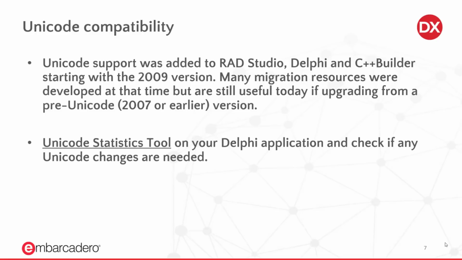Now, I'm not going to go into too much detail about exactly what the changes are. I'll show you a lot of content and documents where you can find much more detailed information about exactly what the changes are. But basically what happened in 2009, prior to 2009, strings, chars, and PChars were stored in data structures where each character was represented by 1 byte. So this meant that we were limited to 256 characters